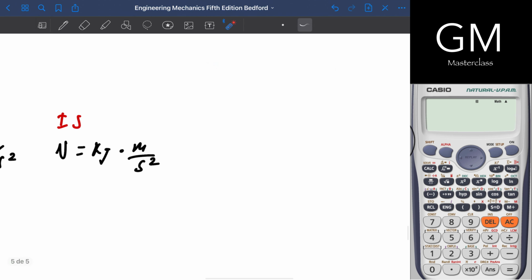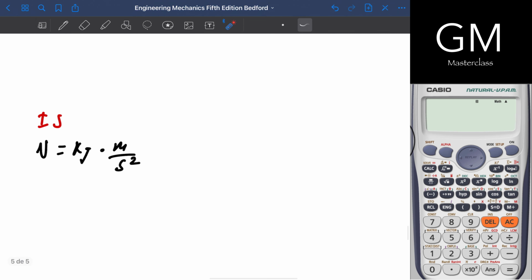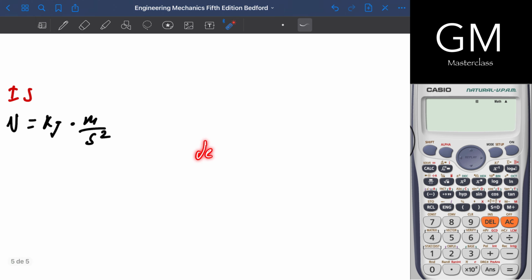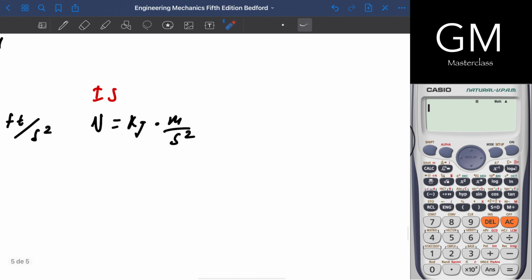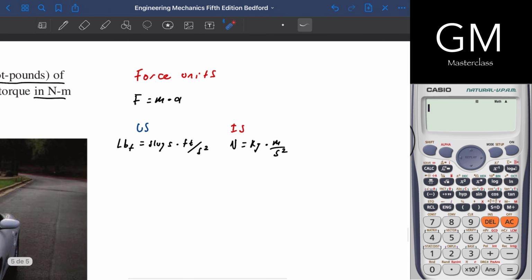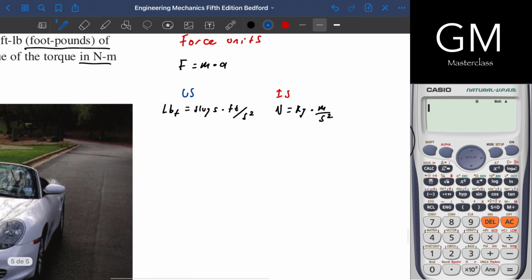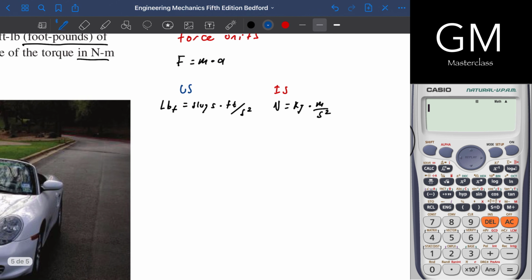And in that chart you'll find the kilo, mega, giga, etc. And on the below part of the chart you'll find deci, centi, milli, micro, etc. Now that I've made that clear,